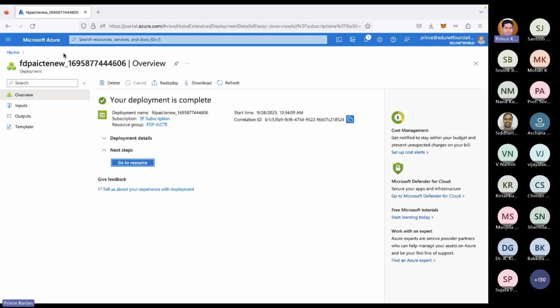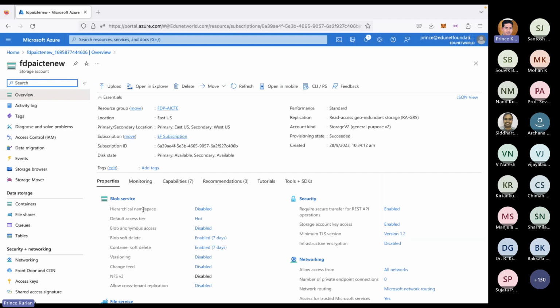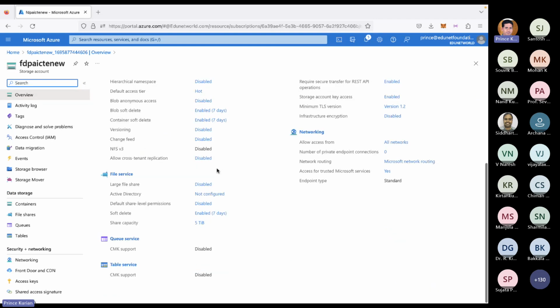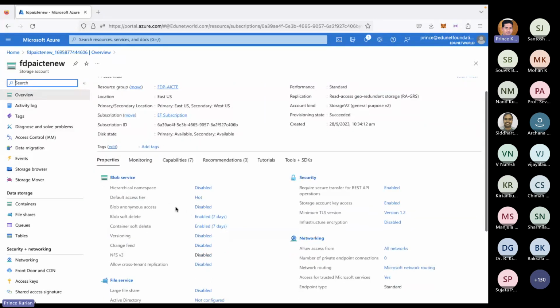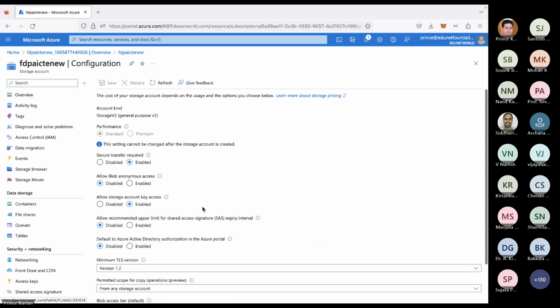This is my resource. In the overview, you can see all the details about your storage account. By default, blob anonymous access is disabled. You can enable this one